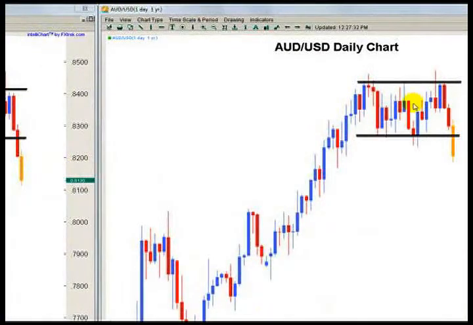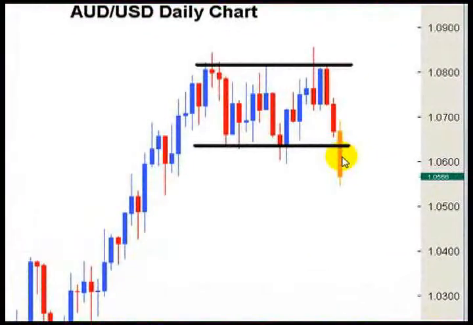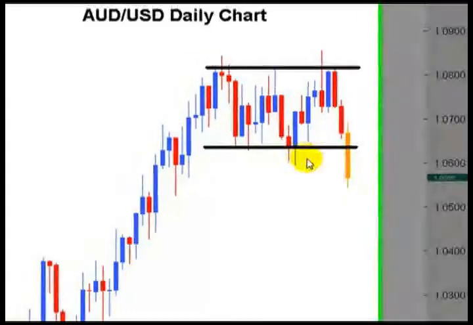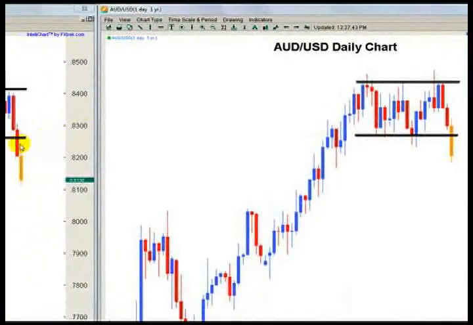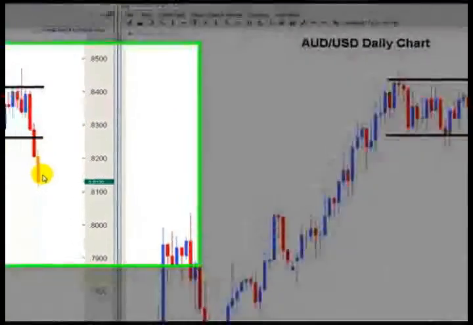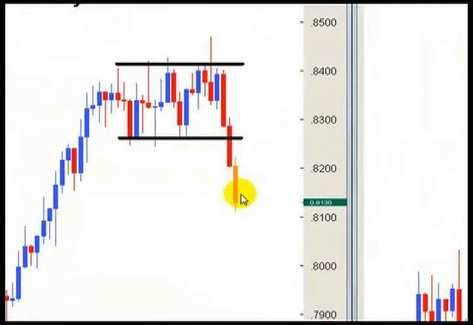You come over to Australian dollar, it has broken out on 3/6, so March the 6th, and only has one candle, not even completed yet, outside of the range. And so the reason why I believe that this is a genuine breakout is because we've already got 2 days into a breakdown over here. The most important point is to see which one is leading the way, and here we see